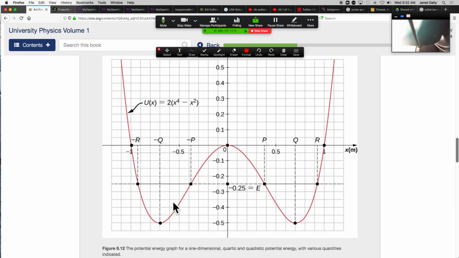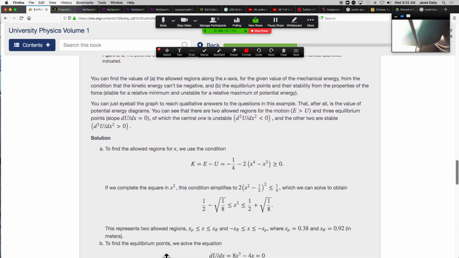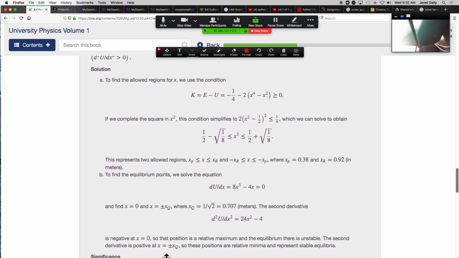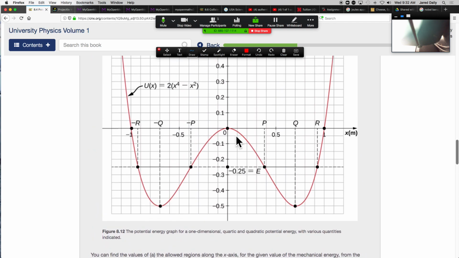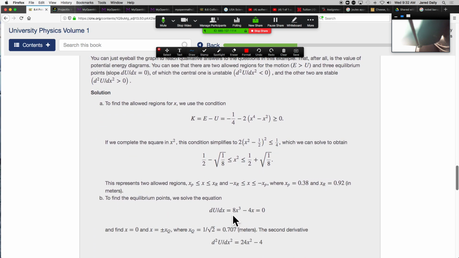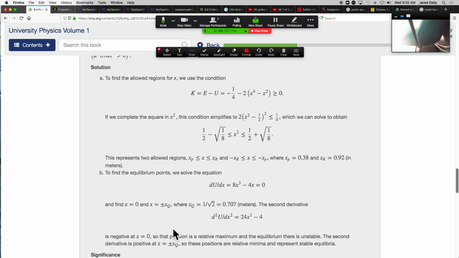And that is if you are doing this in an energy position graph. It doesn't work for energy time or anything else. It's energy position graph. That's correct. And they actually do that here. So here they find the equilibrium point at 0, then they take the second derivative of this function. When they take the second derivative and plug in 0, they get a negative 4, and that means that it is,